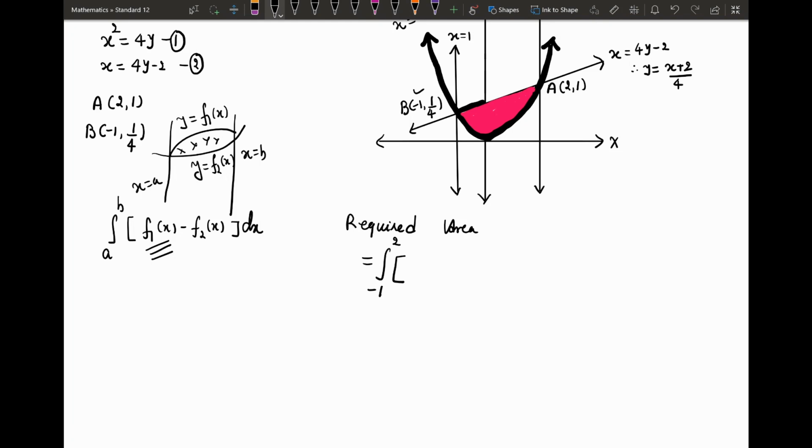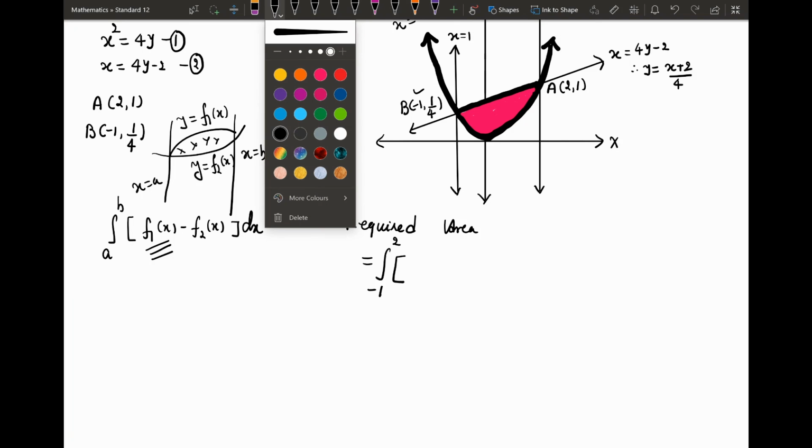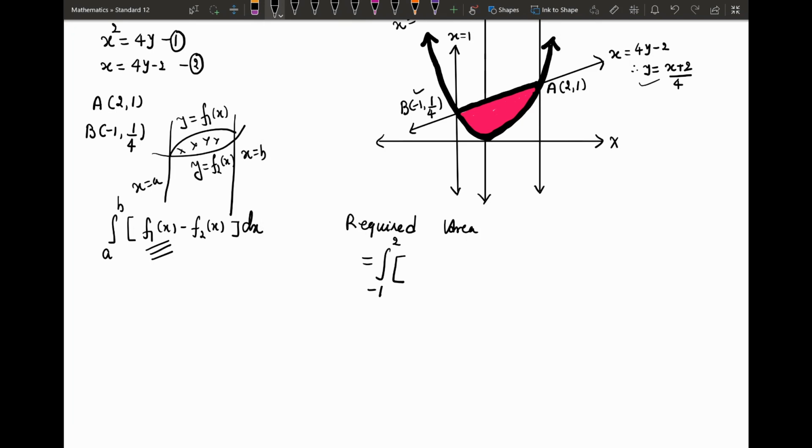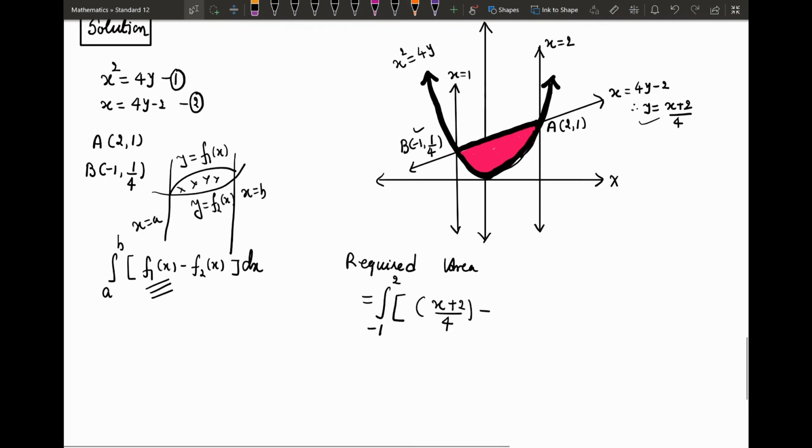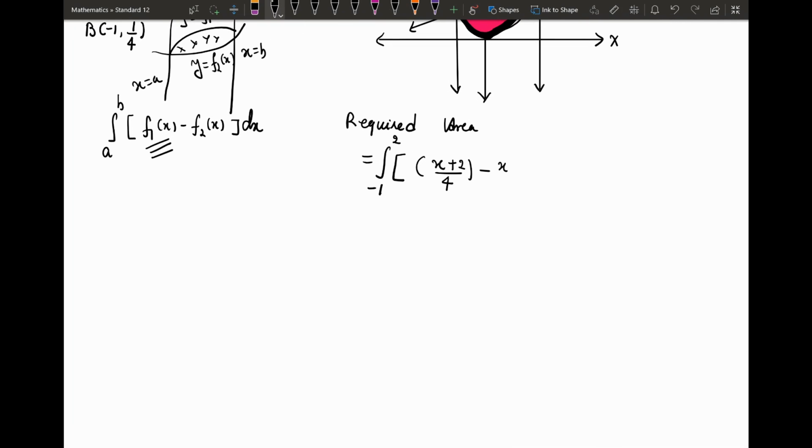So y equals f of x. This is from the line. So from the equation of the line, y as a function of x is (x plus 2) by 4, minus f2(x). So this is f2(x), the lower portion. From the entire area, the lower portion is the portion of the parabola. So from the equation of the parabola we have y equals x square by 4